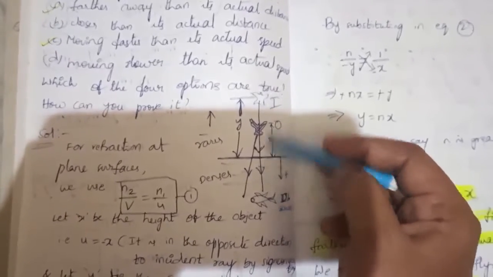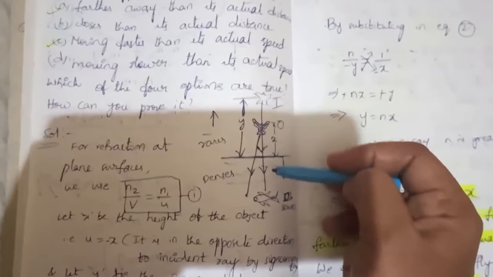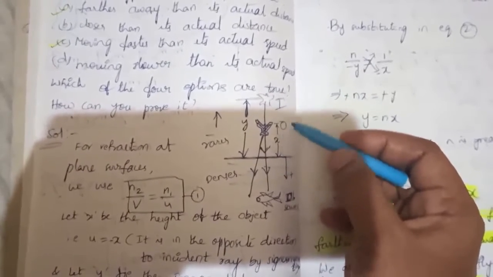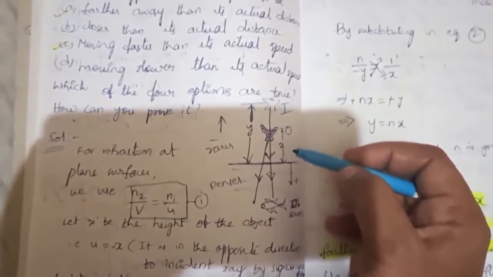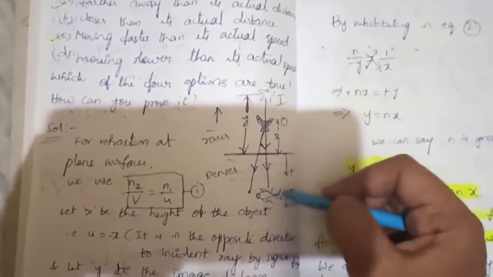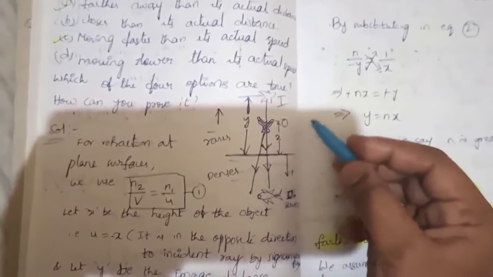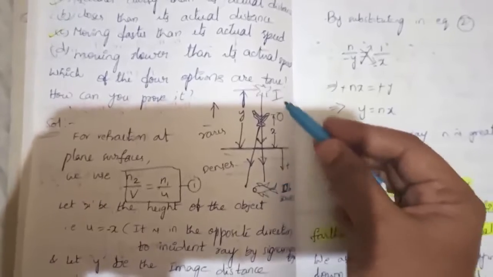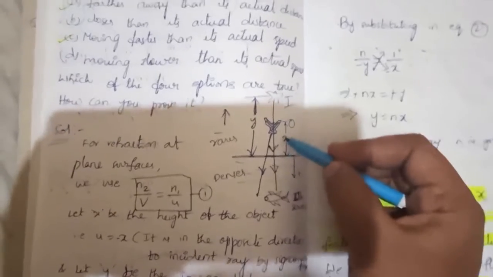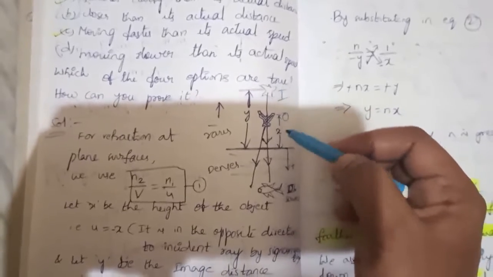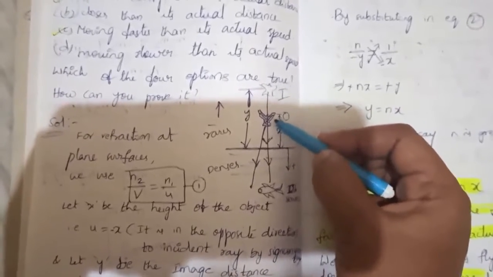In yesterday's example and activity 1 we observed the reversed, inverted arrow mark with the glass tumbler. Like that, here also the observer is the fish. There the people, we are the observers. Now here the fish is the observer, and this is the image and this is the object. And we need to find whether this image distance is less than or more than this.